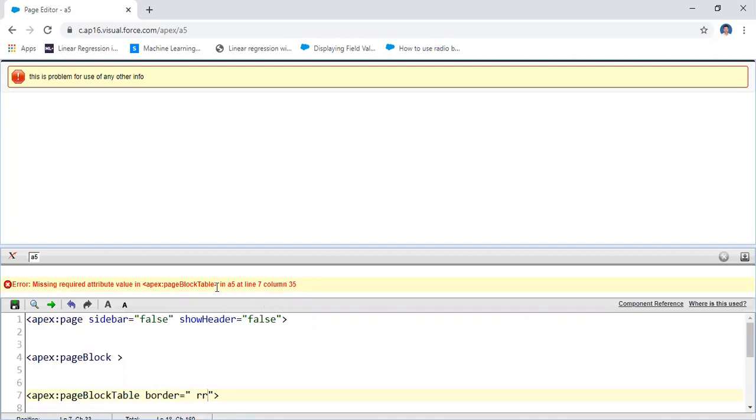Don't use the border value, for example border equal to 1. Yeah, it's better to remove this one.